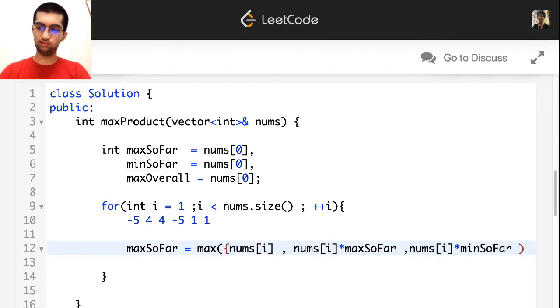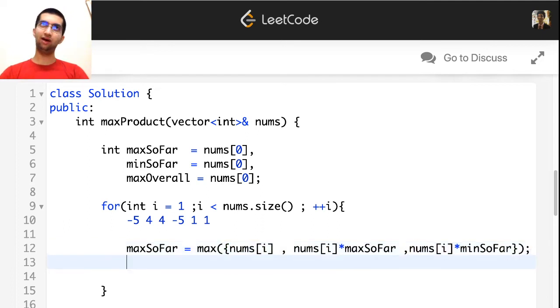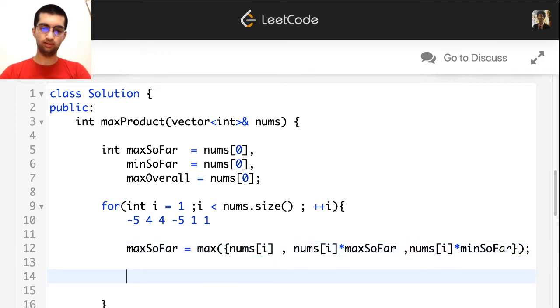Max of all these. Now what about the min so far? Again, that would be min of, maybe this is a large negative number, or maybe it's just going to be this number multiplied by